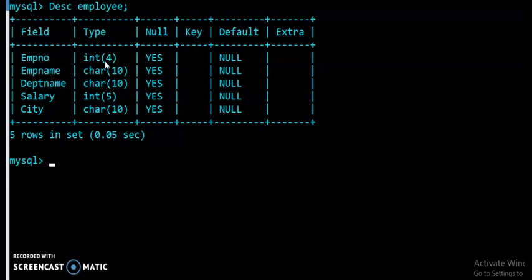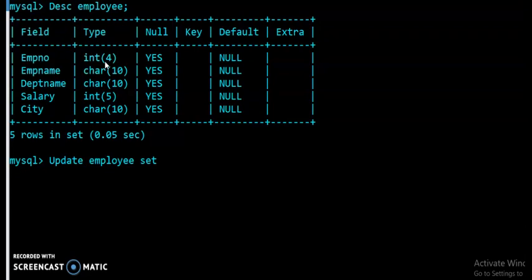Okay students, after that we want to implement an updation in the already existing records in my employee table. For that we have to use the update command students. Update, then you have to write the table name, the table on which you want to make the updation. So update employee, and you have to use the set keyword, what you want to set as a new value.